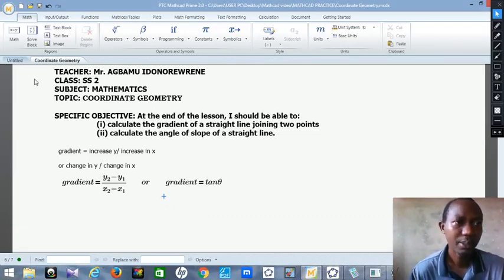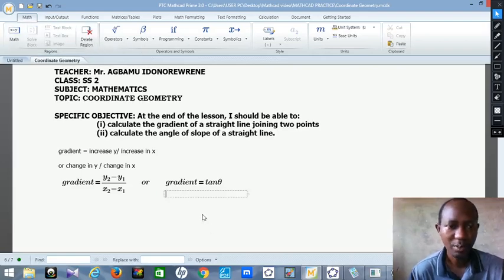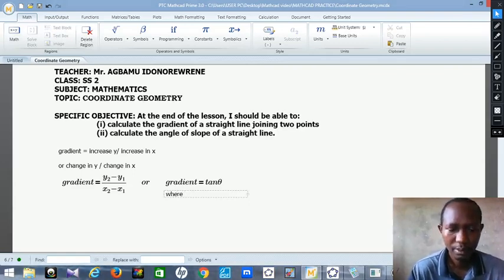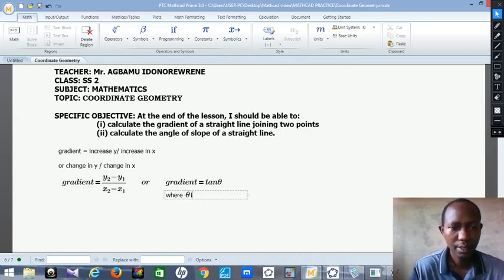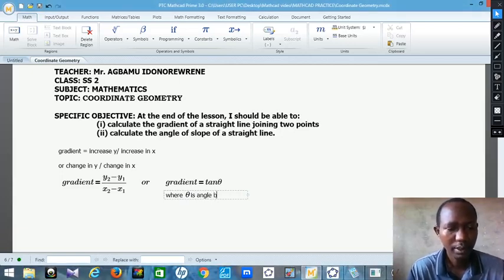Where theta, let me put what theta means in a statement. Where theta is the angle between the horizontal axis,